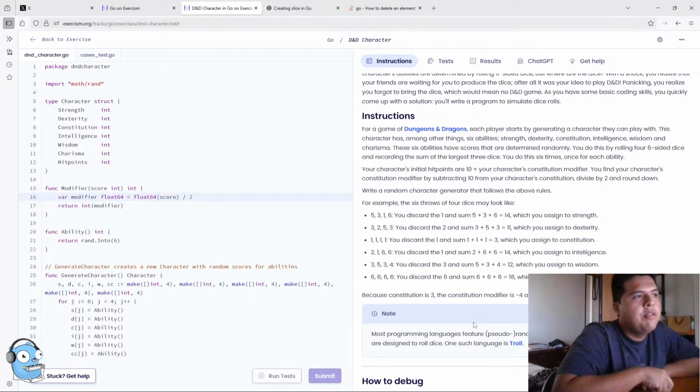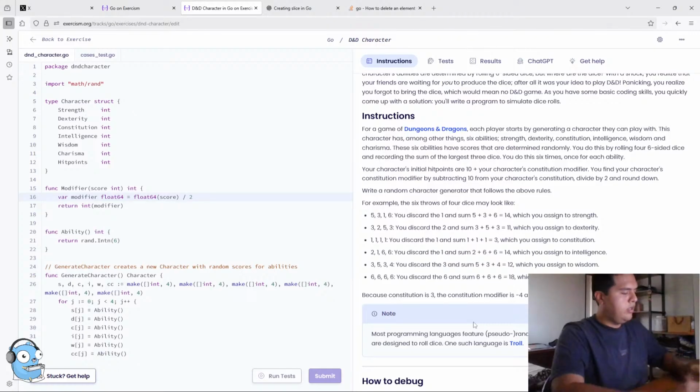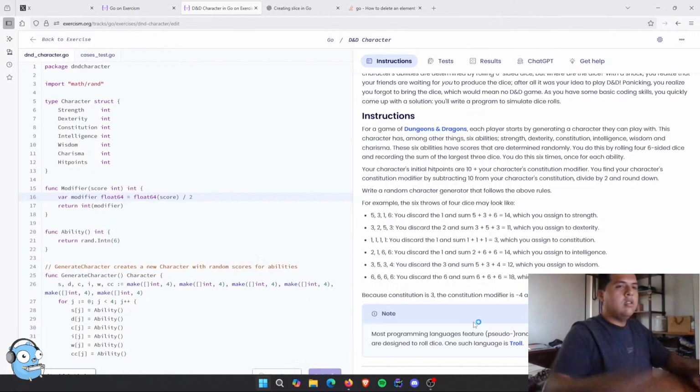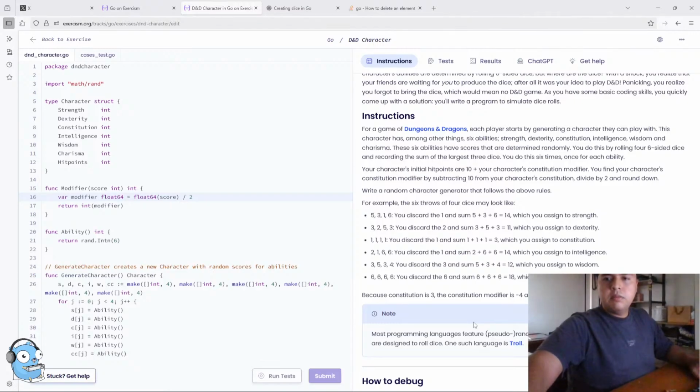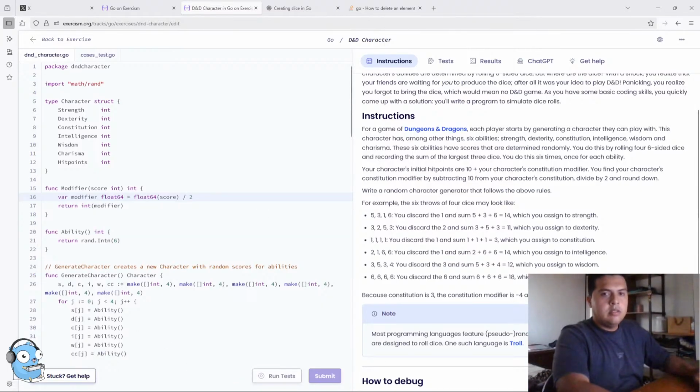Your character's initial hit points are 10, plus your character's constitution modifier. Okay. You find your character's constitution modifier by subtracting 10 from your character's constitution, divided by 2. Okay, 3 divided by 2, 1.5. 3 minus 10 divided by 2 and rounding. Okay, that means